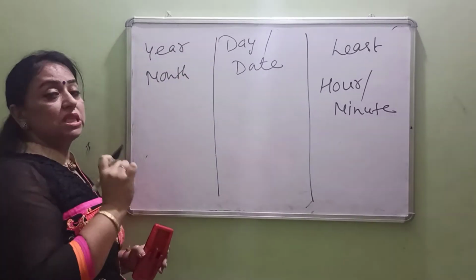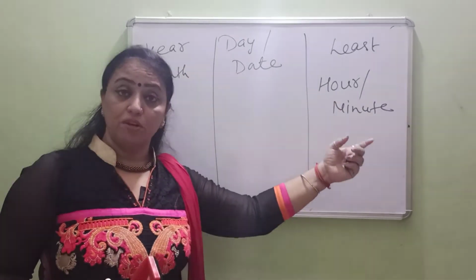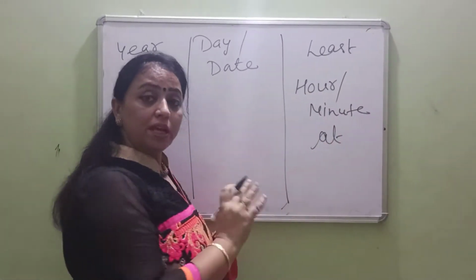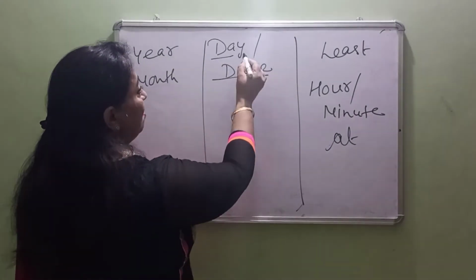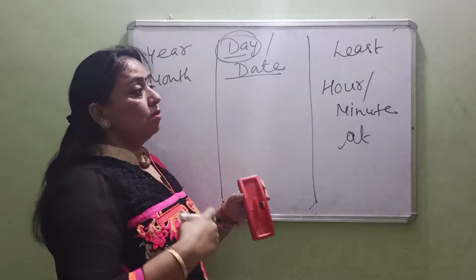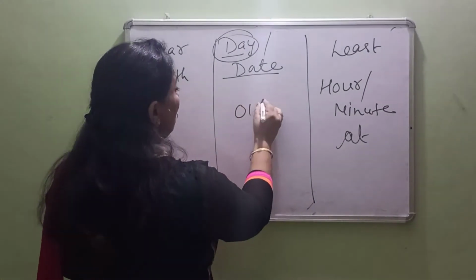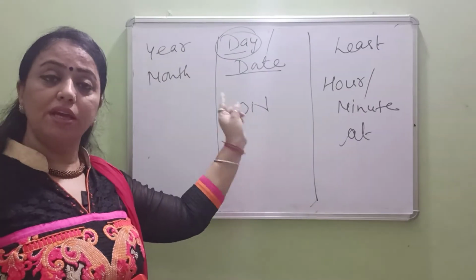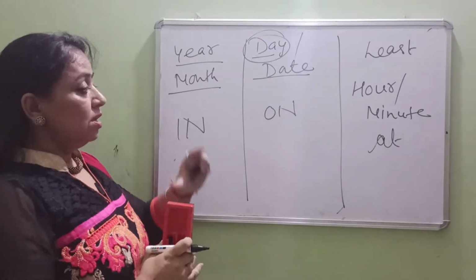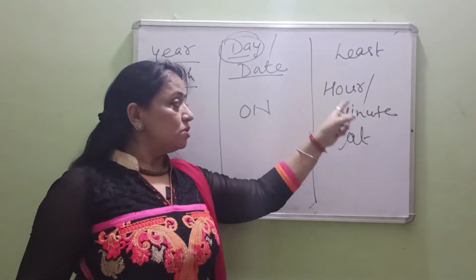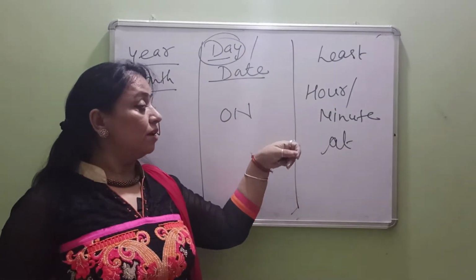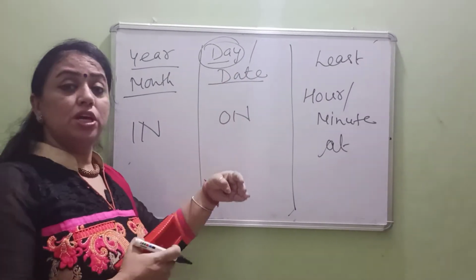Now how are we going to use these three prepositions from the time point of view? Wherever you are given hours and minutes, here you are going to write at. When you are talking about day and date, means you are given days of the week, any day of the week, suppose I say the school is going to open on Monday, here we are going to write on. When you are given an exact date, then you write on. When you are given year and month, here we are writing in. Again I will take some examples. The school is going to start at 8:30. The meeting is going to start at 4:30.